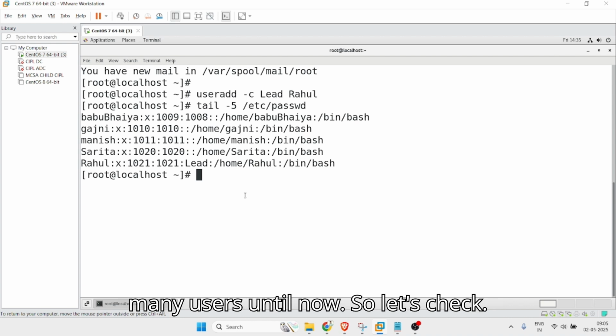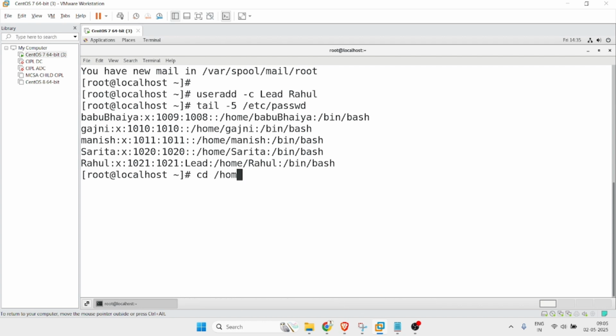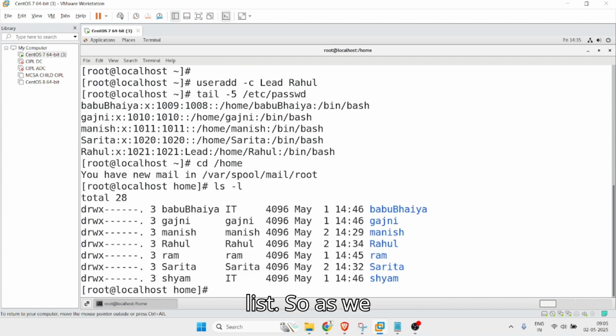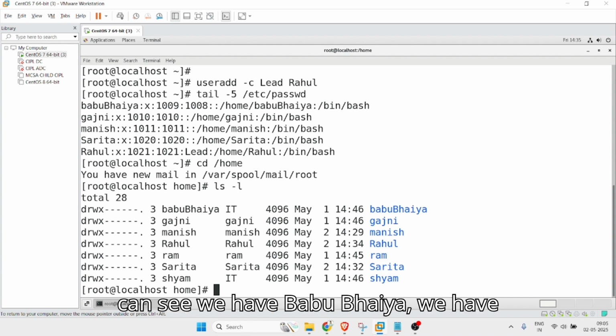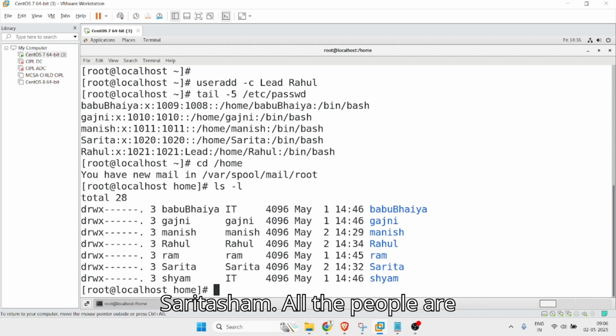Let's go to cd /home, and inside home we can list. As we can see, we have Babu Bhaiya, Gajni, Manish, Rahul, Ram, Sarita, Shyam. All the people we have created are here,